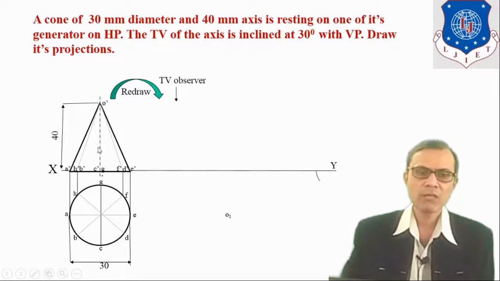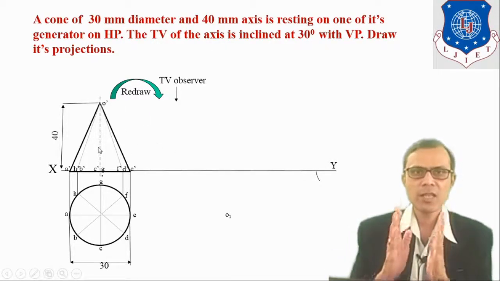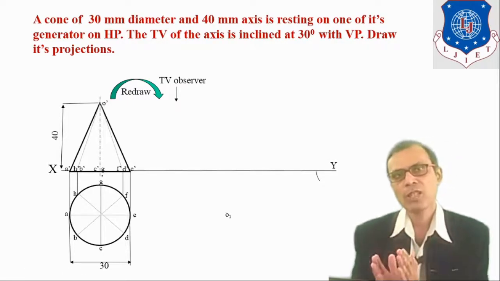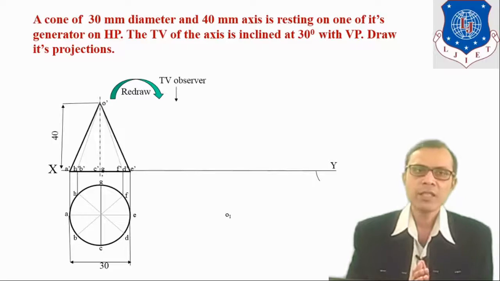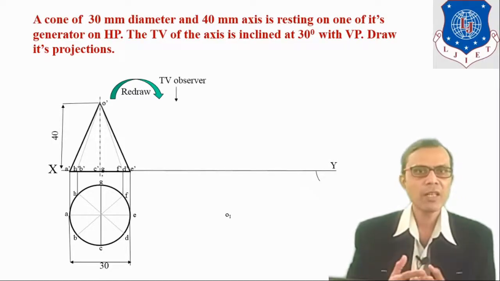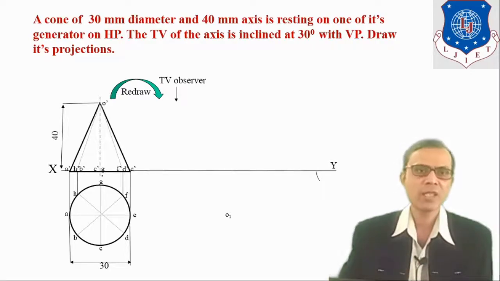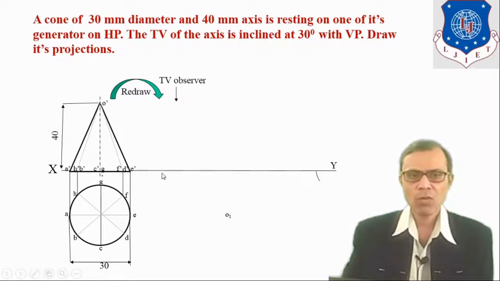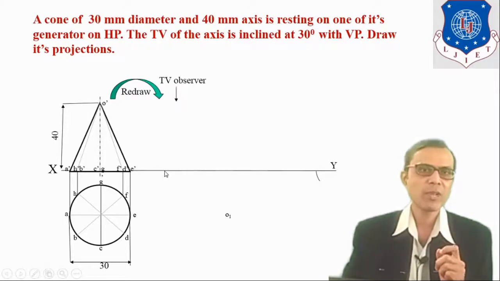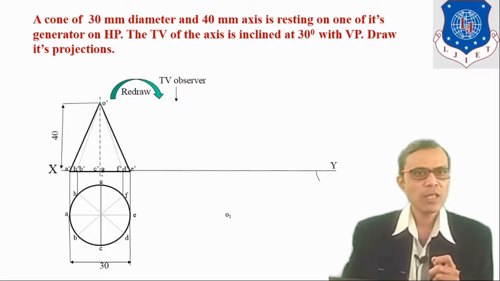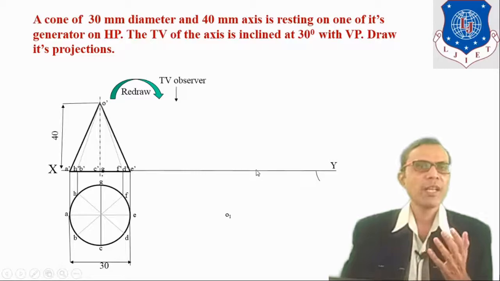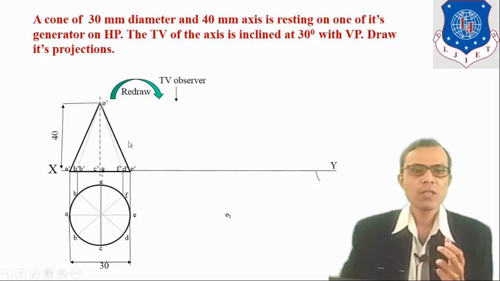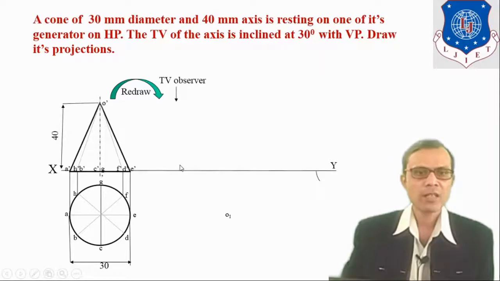Now we have to redraw this view, because when we keep it, from standing position, on its generator, its dimensions are not going to be changed. They will remain similar, just its orientation is changed. So we have to redraw this view over here by applying the given condition. First we have to draw this O dash E dash. E dash point is the base periphery point which will remain on HP, and O dash E dash will be on the XY line, that is the generator on HP. And by considering that generator on HP, we will redraw this view in the second stage.